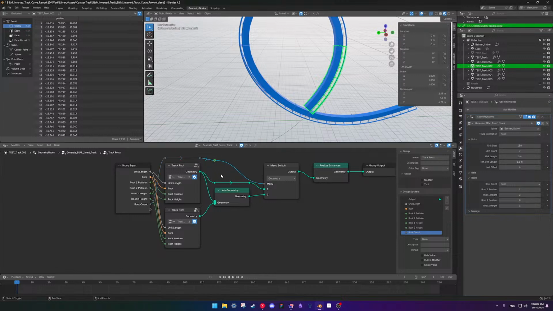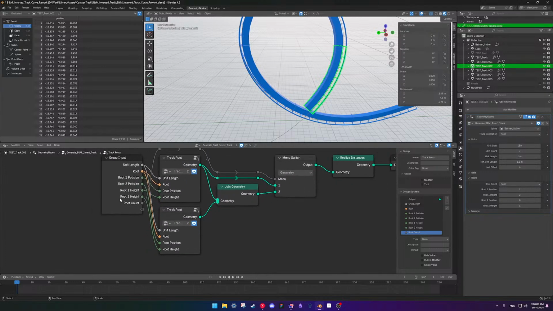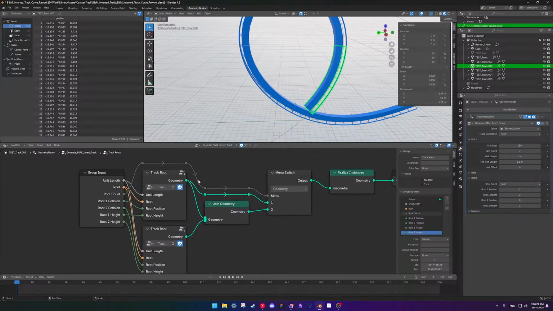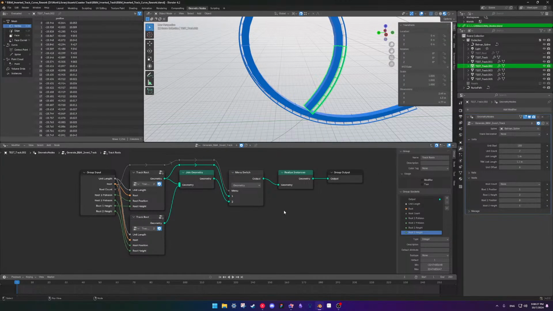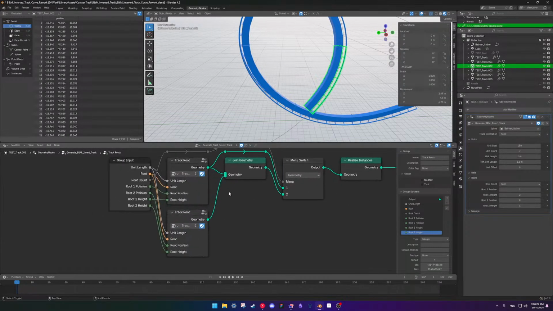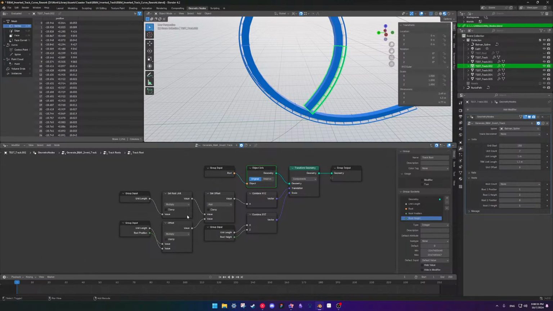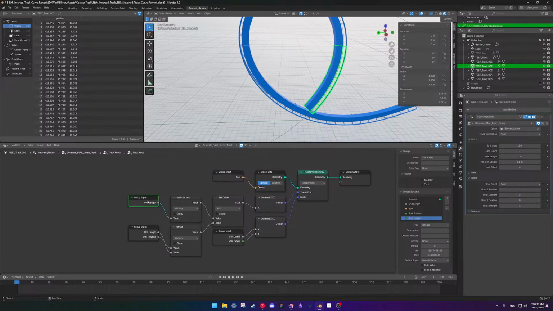And then also for organization, I add these pipes in here, so I don't have to keep adding different group inputs all over the place. Track route. Oh geez. See, this looks very organized, but it's kind of hard to read, which I kind of knew when I was doing it, but